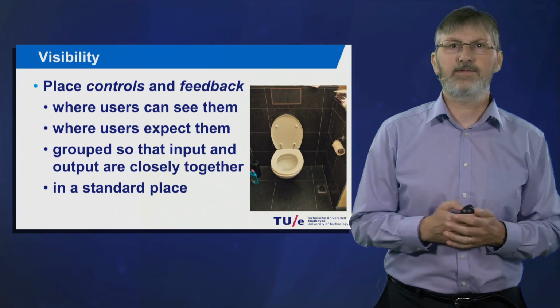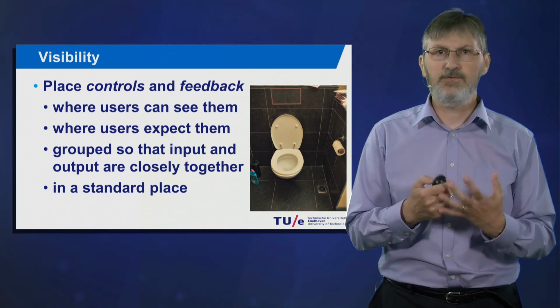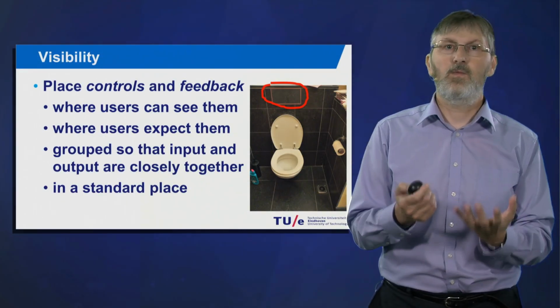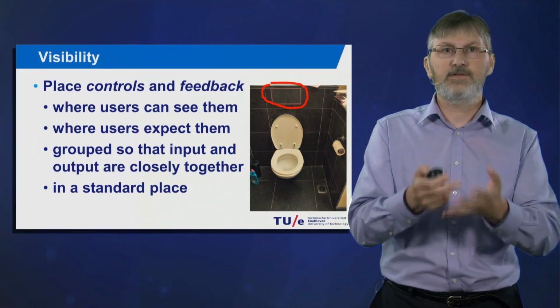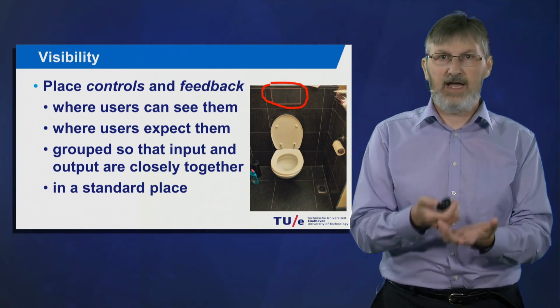In a friend's house, people have trouble figuring out how to flush the toilet. What is the problem here? The button is on the floor, where users can see it. But the button cannot really be seen when users are looking where they expect to find the button to flush the toilet. And that's why all of these 4 principles have to be followed in order to have an interface